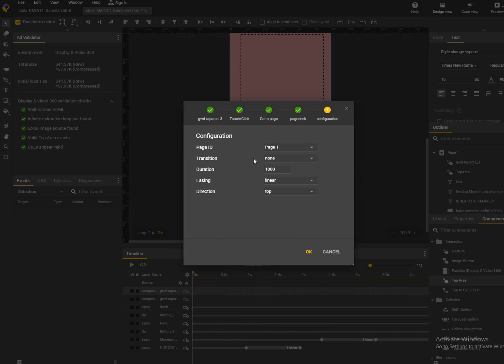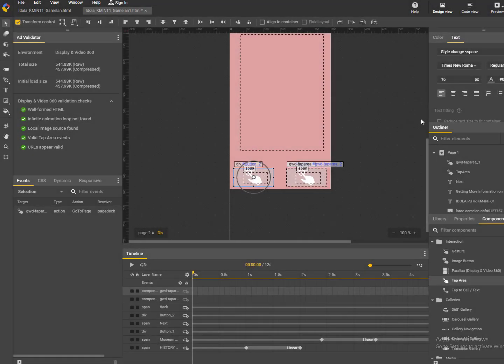Because it's the back button, it goes back to page 1. Don't forget to rename the page so you won't get confused.